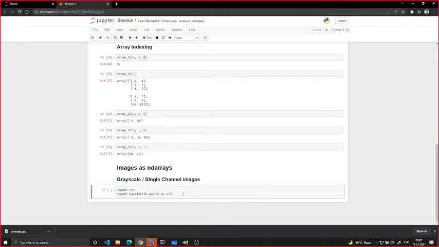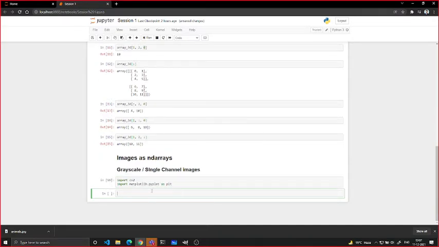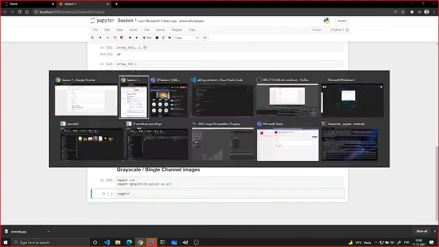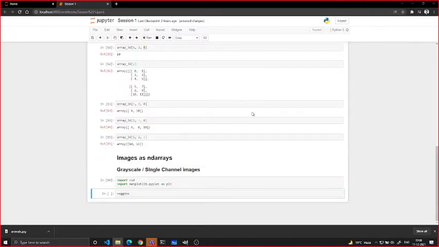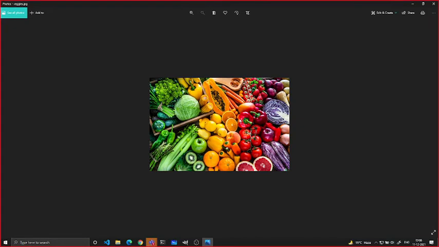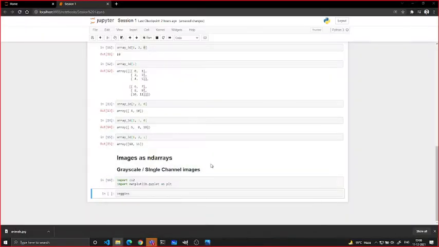You will understand more as we progress along. Okay, so now that we have imported OpenCV and matplotlib, let's read this particular image. I want to read this image and I want to display it inside the Jupyter notebook. How do I do that? I'll call this image veggies,